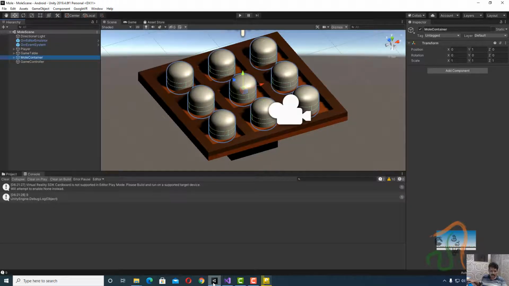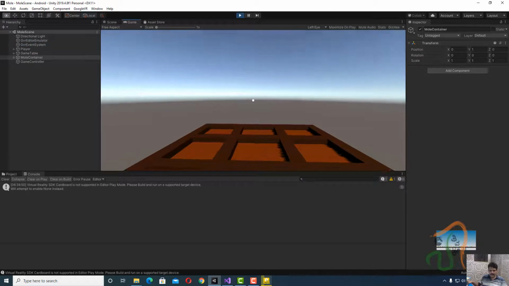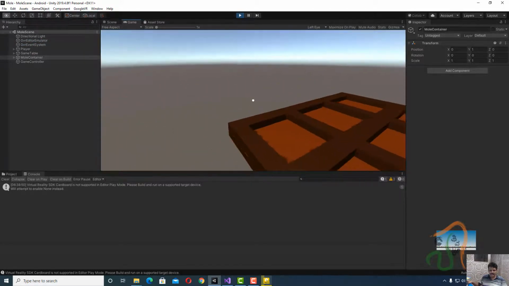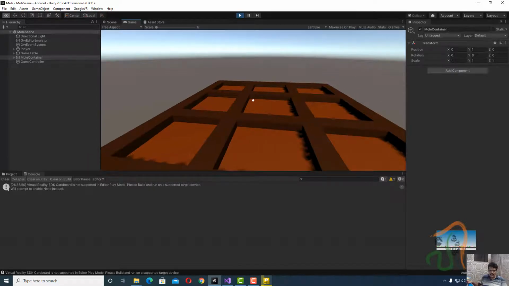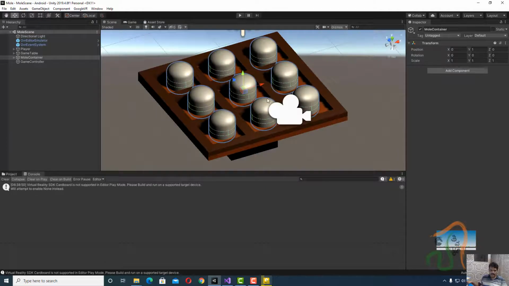Now come back to the script here and in the console window check for any errors, clear it, then click the play button. When we click the play button, you can see nothing is happening, it is not rising. The reason why it is not rising is, stop this.